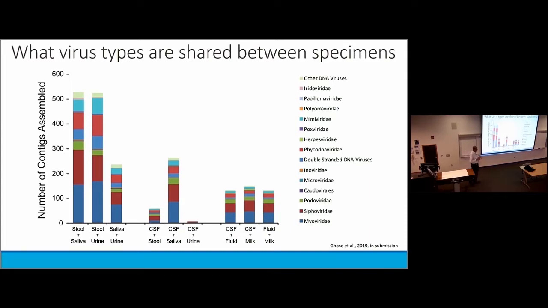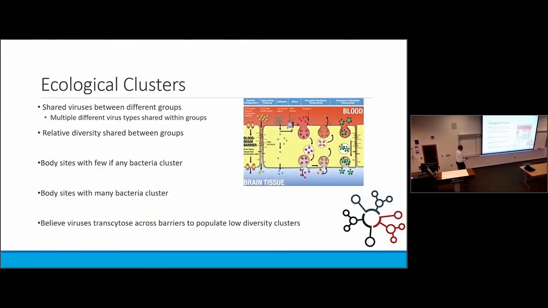One of the big questions is, do we see this difference because we're just sharing one virus? Are we sharing that same virus in the mouth and in the gut and in the urine to give you that trend? This clearly tells us that we're not. We're sharing viruses across all of these different virus families, with CSF compared to the other sample types within that cluster, and with stool compared to the other sample types within the high diversity cluster as well. The only exception is that we share quite a few more viruses than we may have predicted between CSF and saliva, which we won't go into in much detail.